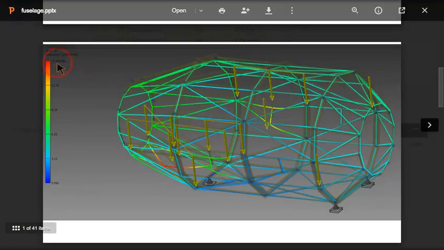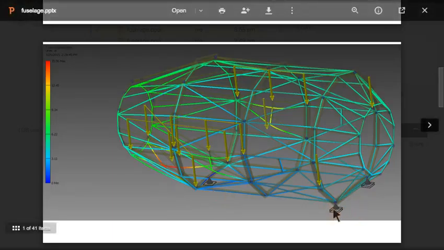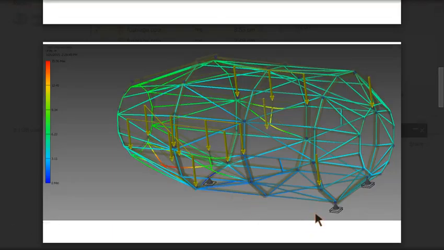As you can see, the max deflection is 15, almost 16 inches, which obviously is unacceptable. It happens right here. So it shows that my fuselage fails in the first loading scenario. These constraints are floating, pinned. I did that because when on most